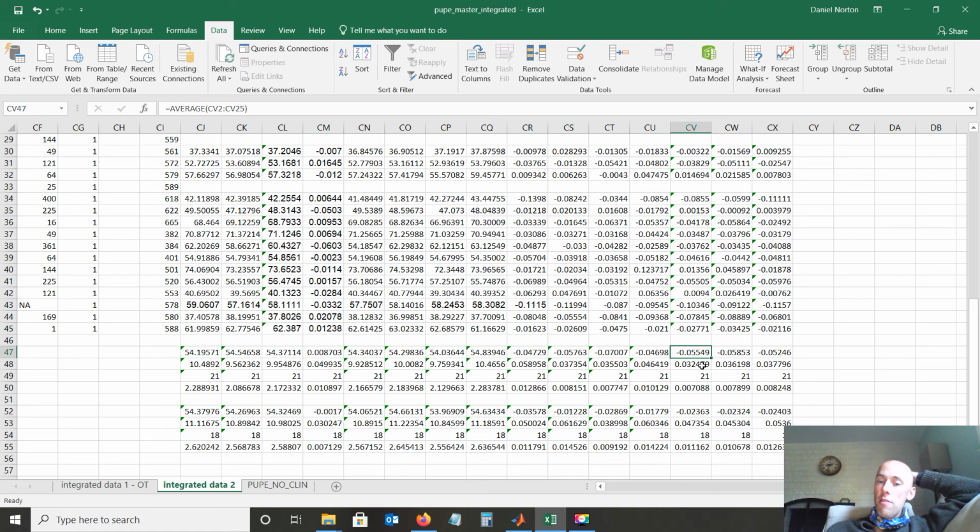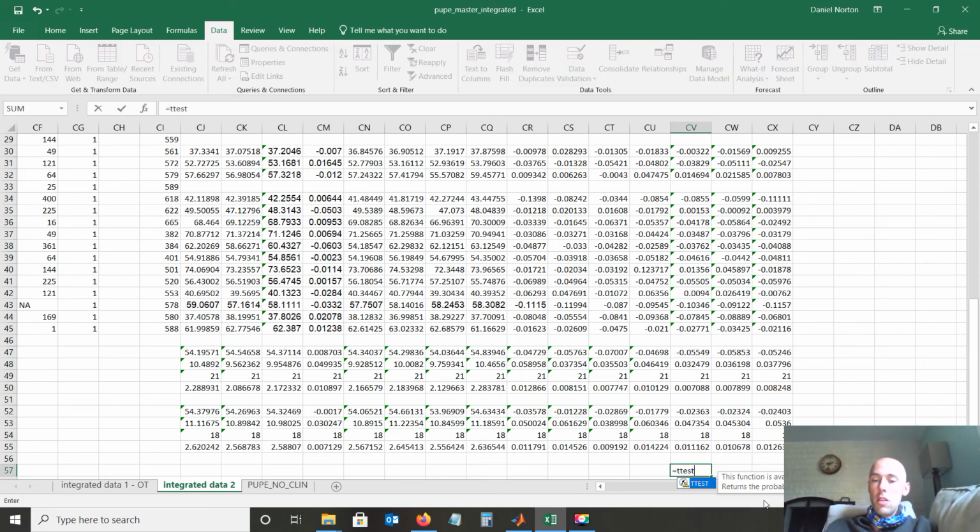So is 0.055 different than 0.02? I don't know. This is kind of borderline. This is pretty close, actually. I bet this is not quite significant, but it's a trend toward significance. If you want, we can do a t-test real quick just to see if I'm right about that. So I'll grab the first